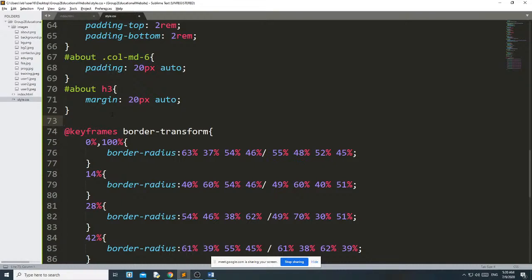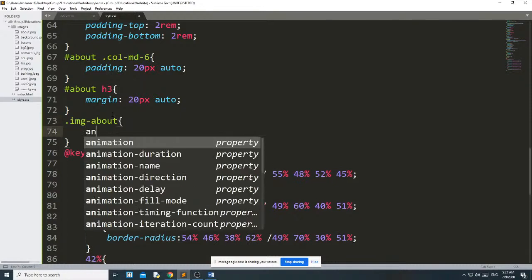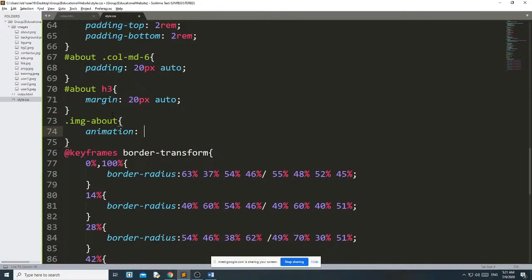My image class name is dot image about, and here to apply the animation I have to write animation border transform, because this is my animation name. This name and this name must be the same because I am applying this animation on this image. Then for how many seconds, I wish to apply for 10 seconds.